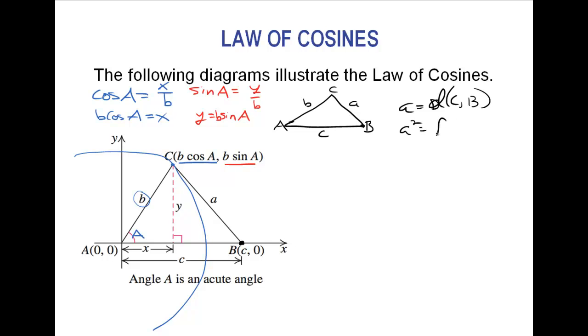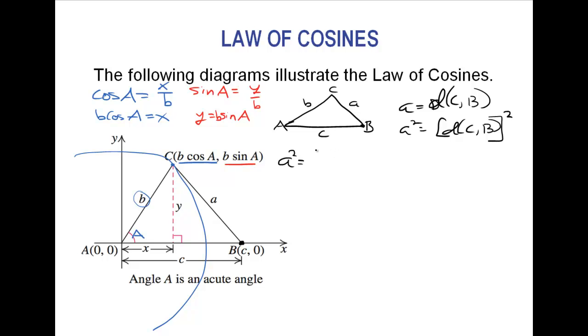So A squared is just going to be this distance squared. Now, what is that distance? Well, what's the distance formula, if you remember at all? You might remember that the distance formula is basically the square root of the change in y's squared plus the change in x's squared. But since we're trying to find A squared, if you square both sides, you get rid of that square root. So you have A squared